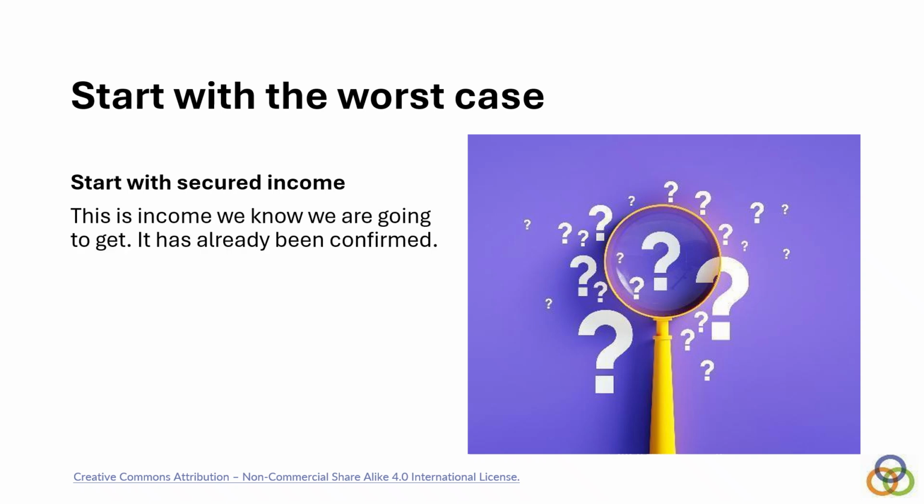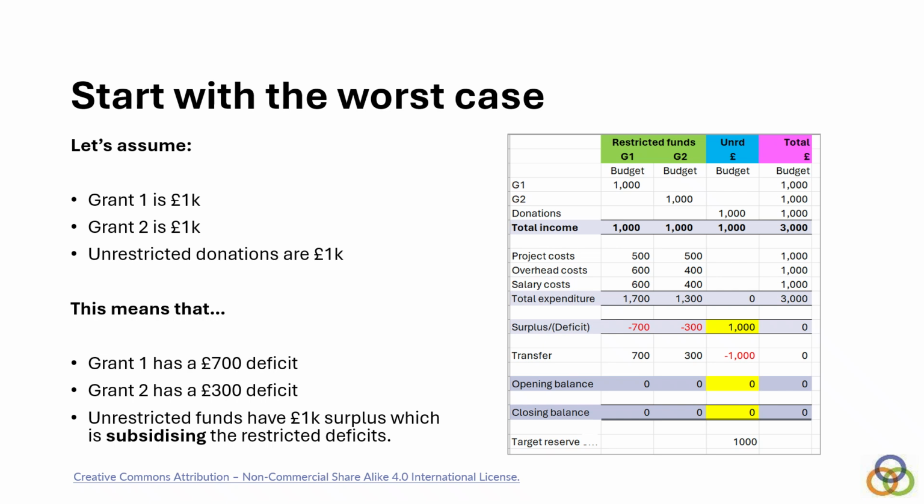We know we're going to get it. It's already been confirmed. And then we're going to say, okay, let's assume that grant 1 is 1k, for example, and grant 2 is 1k, and unrestricted donations are 1k. And so in this version, this charity had 3,000 in. It's plotted its secured income. It's got 3,000 in. It's plotted its committed costs. It's got 3,000 out. It's breaking even. But